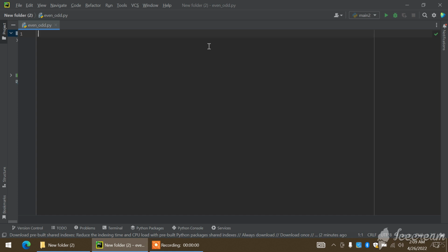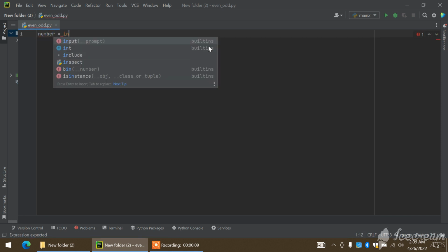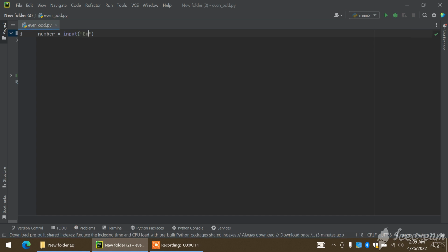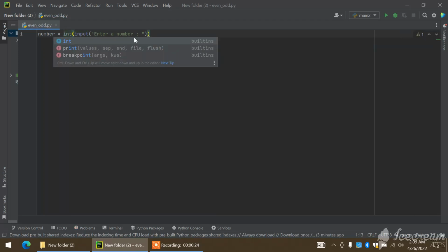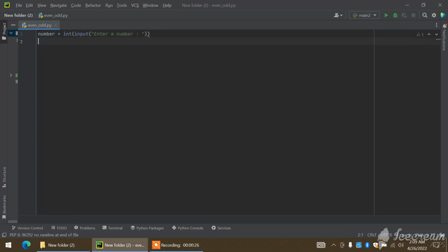Hello, today our topic is to check if a number is even or odd using Python. So we will take a number as input from the user. Then after taking that input, we will convert it to an integer by casting it as int. Now we will check on that number that if